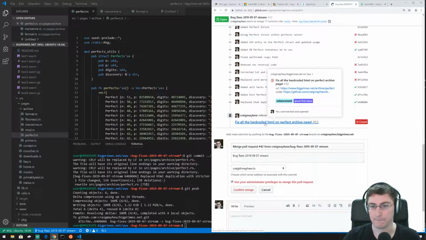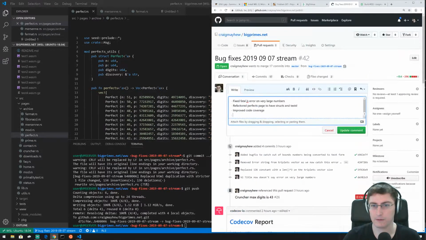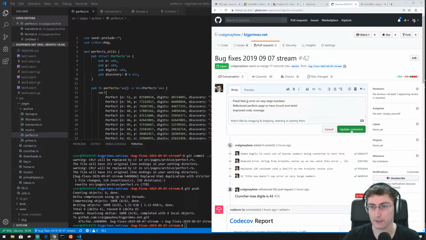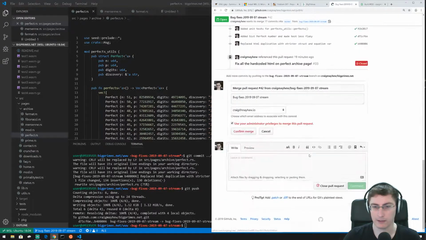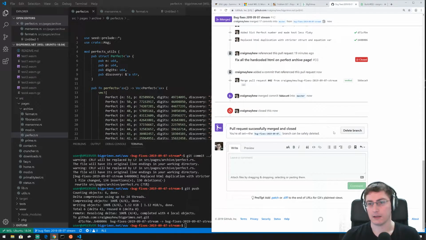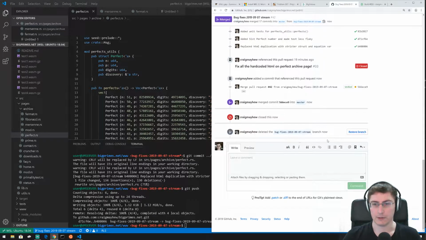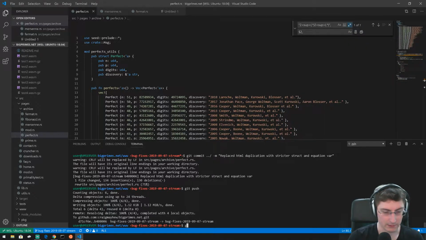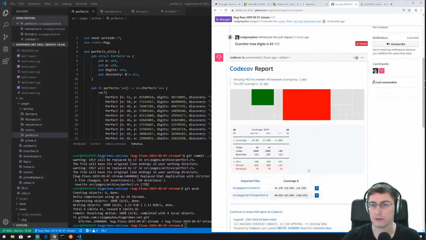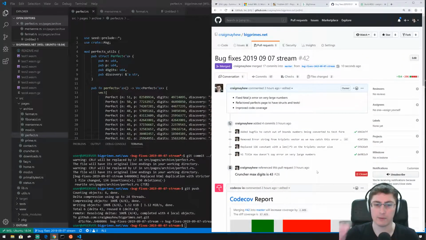So, what did I end up doing? Oh, I can show you in a second actually. Let me update this commit. Hit this confirm merge and let that do its thing. Delete that branch and go back to master. I'll do that in a second. Yeah, so loads of stuff's happened. We've ended up doing